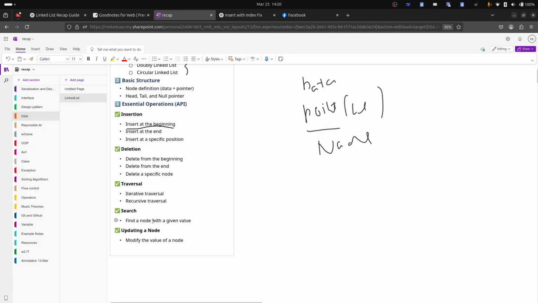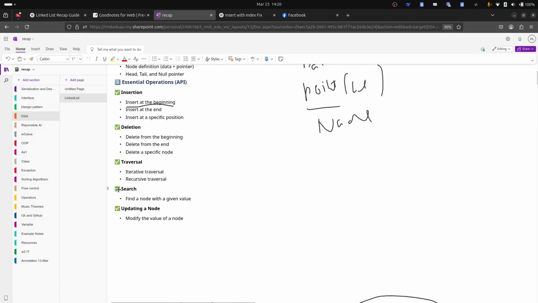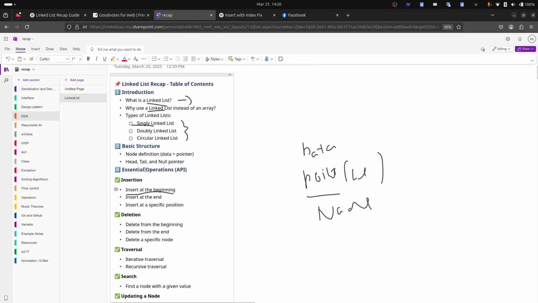For the source and update the node. For the source, I think we just check the data, and if it's the data, we just return it. Otherwise, it returns nothing. Okay, now I'm gonna go to